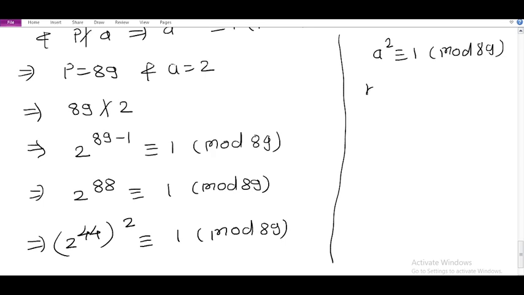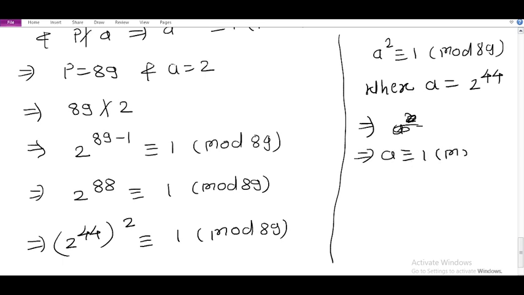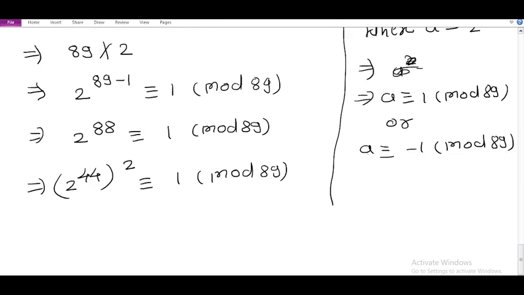So if here a is equal to 2 raised to 44, this implies a squared is congruent to 1, so a is congruent to 1 modulo 89 or a is congruent to minus 1 modulo 89. That is, since a is equal to 2 raised to 44, this implies 2 raised to 44 is congruent to 1 modulo 89